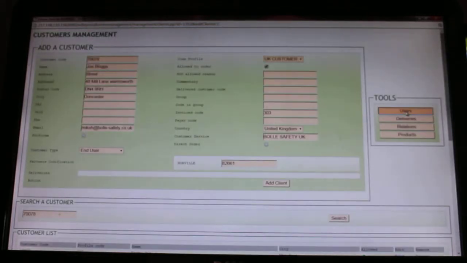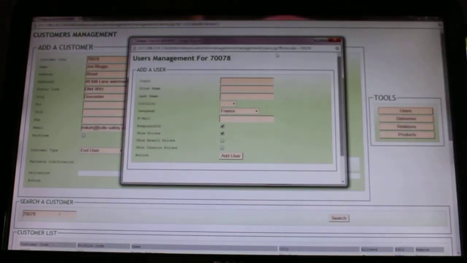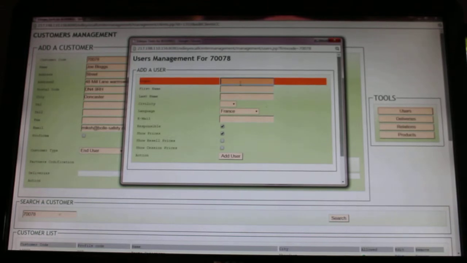What we now need to do for Joe Blogs is to set up a user. So the user goes in here, zoom in on that, and you put a login for them. Now the login can be anything. It could be the person's name, it could be the company name, anything you want, but this is what's going to go out to them. So the login is important. Keep it fairly simple, obviously, don't make it complicated, but they need a login. So just put in there